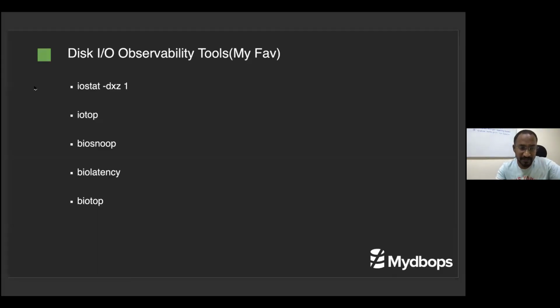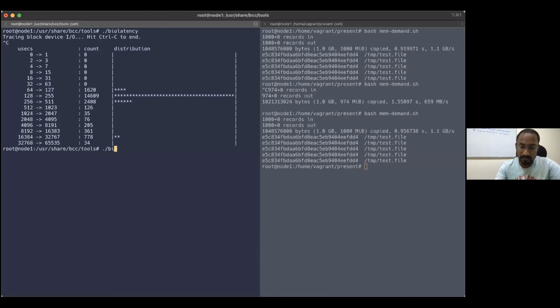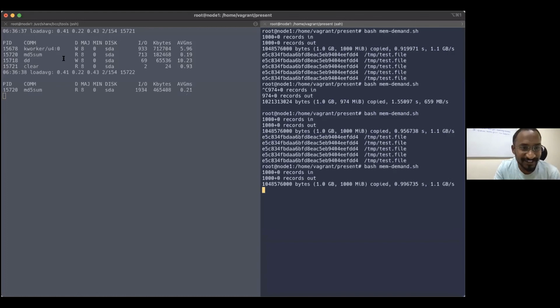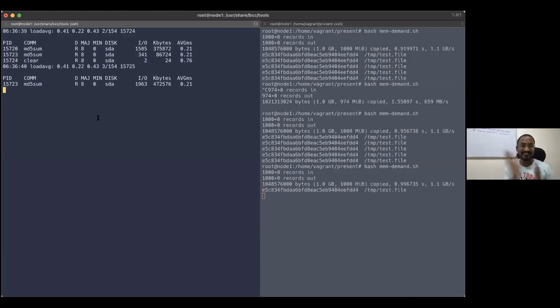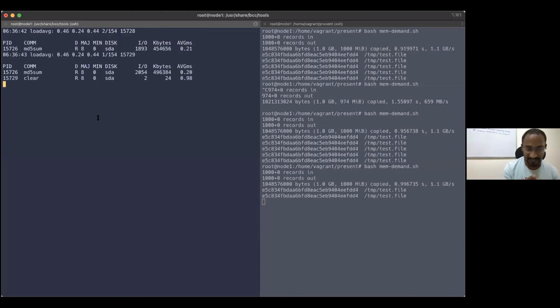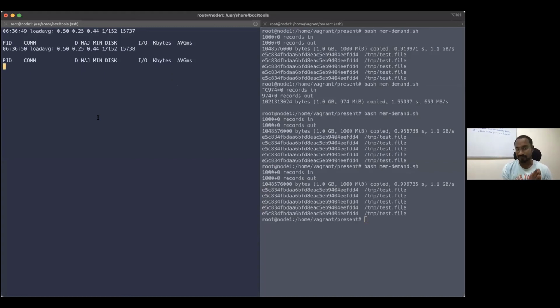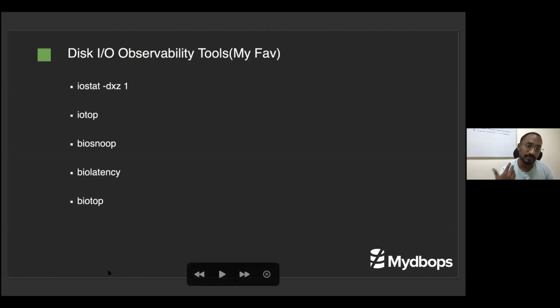The next command is biotop. You see, the dd command, sda, right? This is quite interesting. We can easily capture the culprit process. We can find who is creating IO operations, how many, what the size is, and the average time it takes to complete. So a lot of things. You can use this kind of tool in your day-to-day work and make your job and observability easy. You can even add more automation over that.